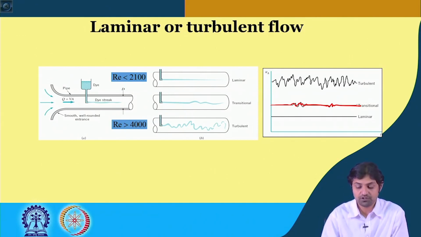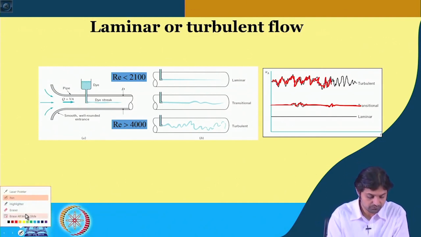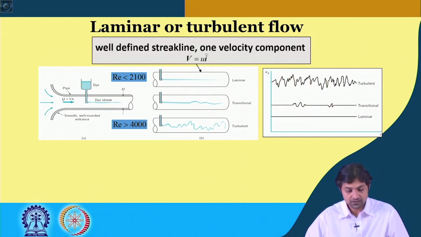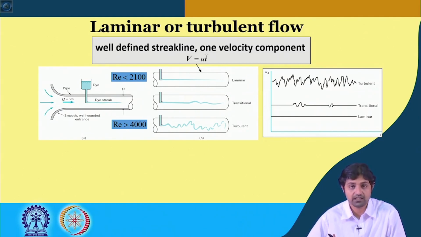And when we plot for turbulent, you see there are fluctuations right from the beginning. At every point it is like this, you see here. So, this is a completely turbulent flow. For laminar flow it is a well defined streak line, and there is only one velocity component, that is u of I. I means in x direction, a unit vector in the x direction is I cap. So, velocity is u I cap,